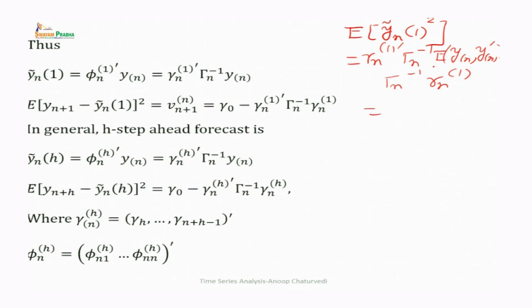And the expectation of this quantity is gamma n. So you get gamma n 1 transpose, gamma n inverse, gamma n